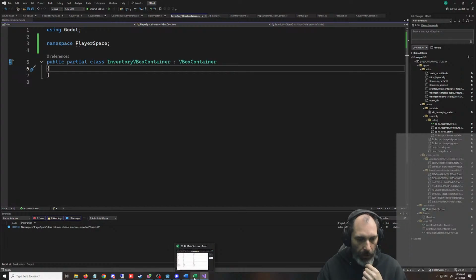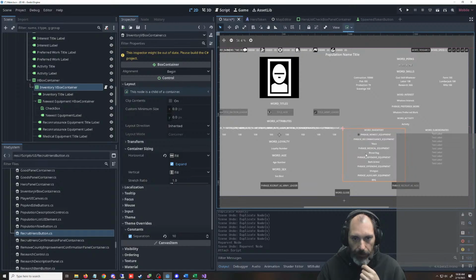So I think we're going to want an array of these things, so we can go through and populate it. We'll call this script from over here, from this upper thing. And we're going to have to add this inventory into the populations. Maybe we should hide this if they're just a normal person.